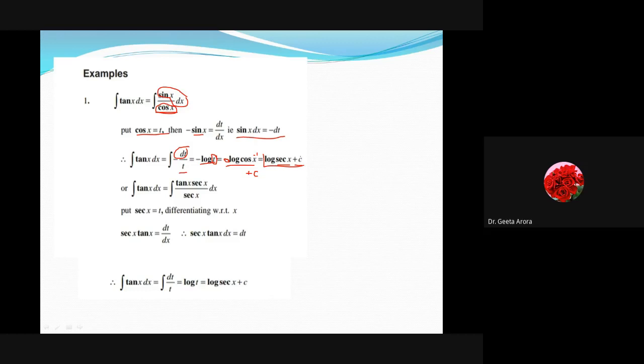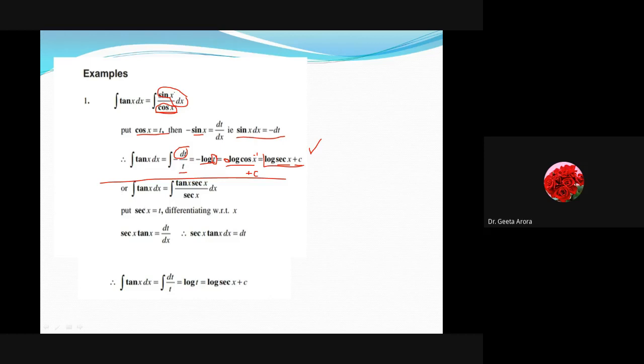Correct? If it is fine, then let me know. If you need some doubt clearance, then obviously you can let me know, because there are various approaches by which we can find the integral of a function. Here, if you see on the same slide, the first one we have obtained and we have stopped. Now here they have said or. There is another way.